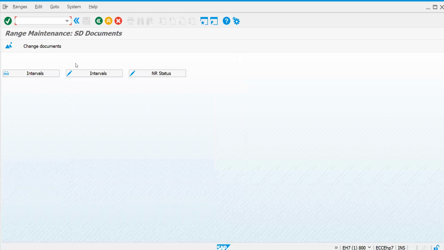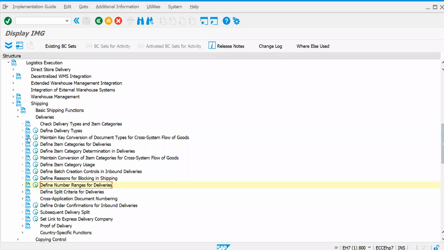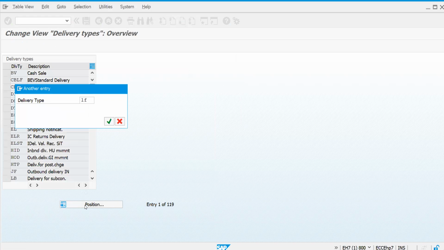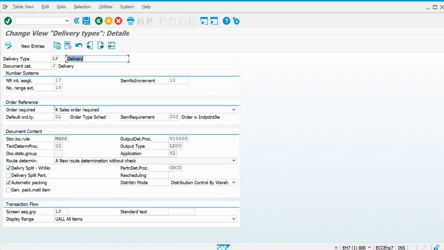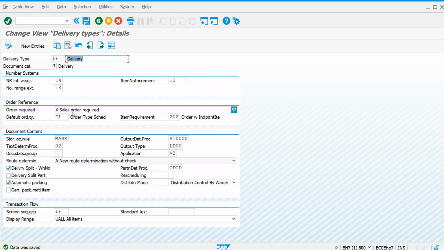What number does it start with? 14 starts with number 65 followed by leading zeros. Okay, let's check how, when I assign the 65, the delivery will be created with that number or not. In a similar manner, if I go here, let's choose LF and put it as 14 for our convenience. So let's increase the item number by 5.